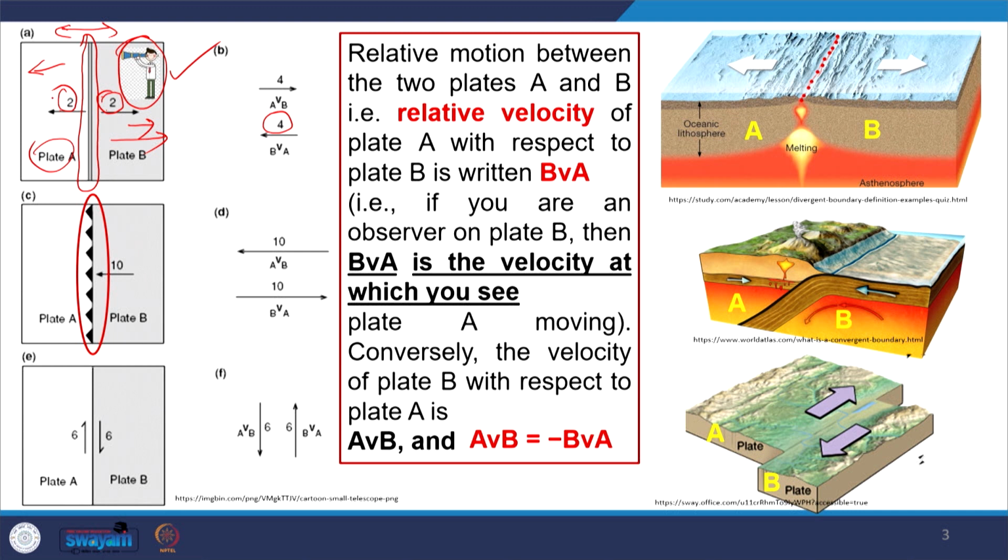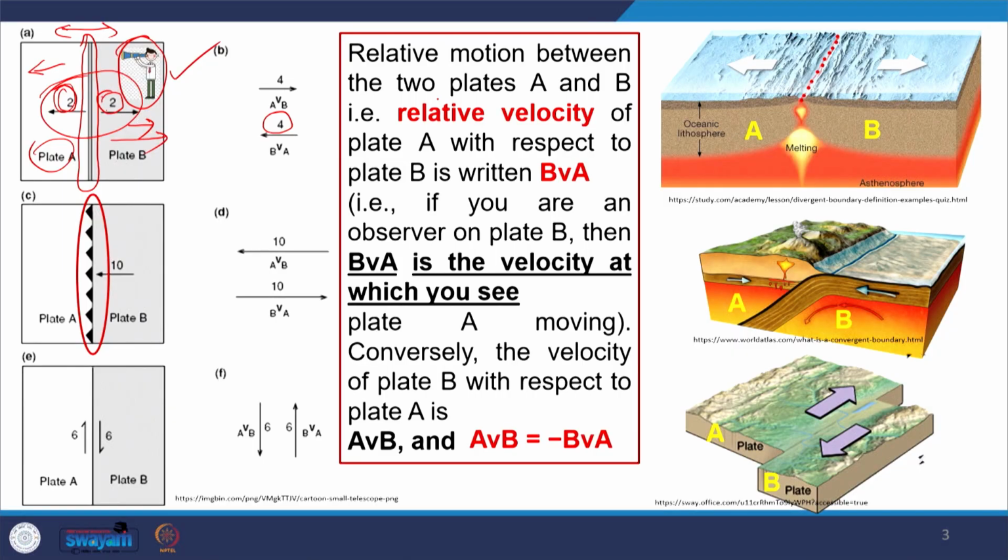Similarly, here it is 2 centimeter per year, absolute motion. That means plates A and B are moving independently at 2 centimeter per year in opposite directions. However, the relative velocity, or the relative motion, is added together, and that is the 4 centimeter per year. So, this is well explained in your internet, how the relative velocity in the vector format can be